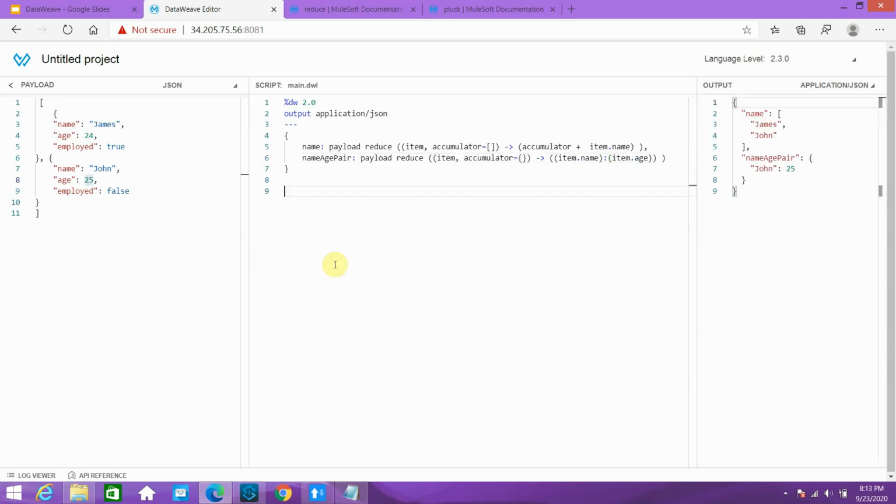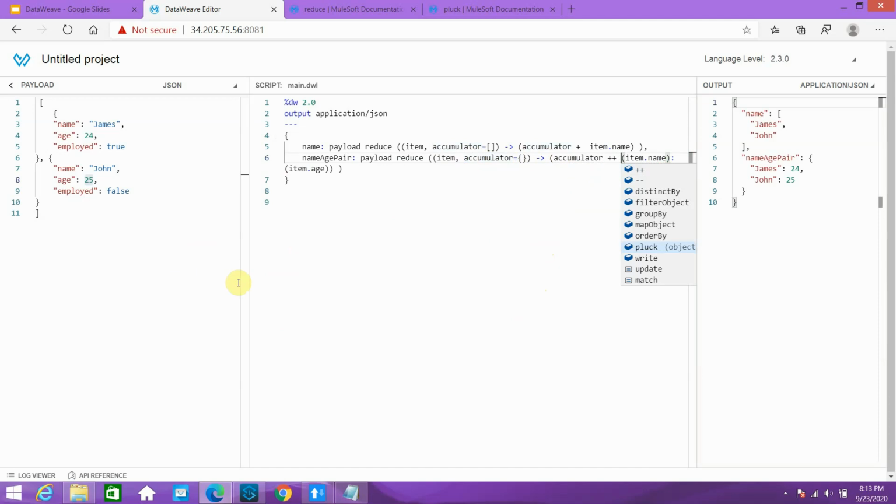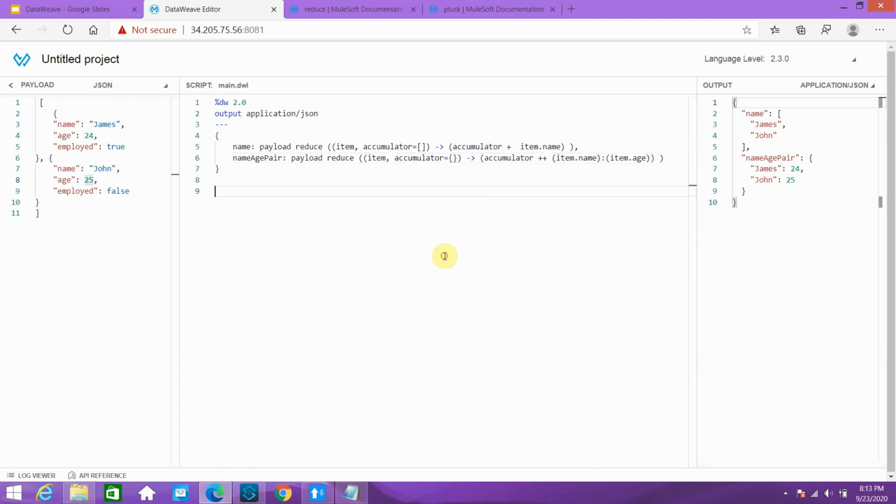Also, you have to add the accumulator always. So you can see name and age have been displayed as key-value pairs, right? So this is how you can make use of the reduce operator in MuleSoft.